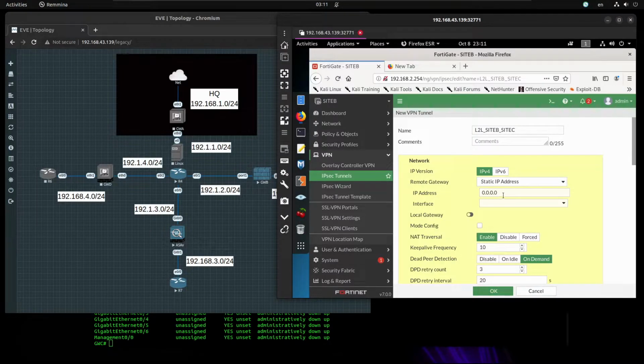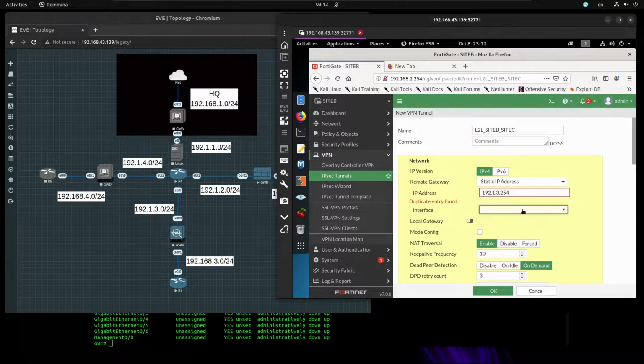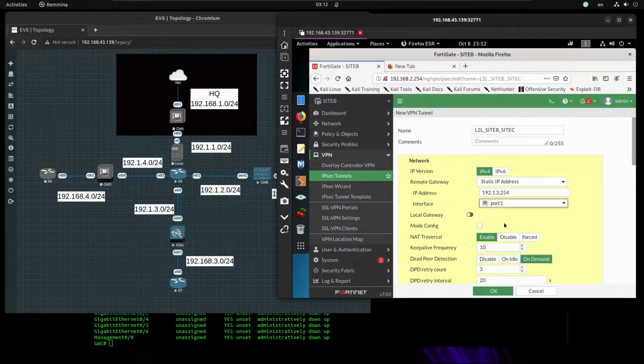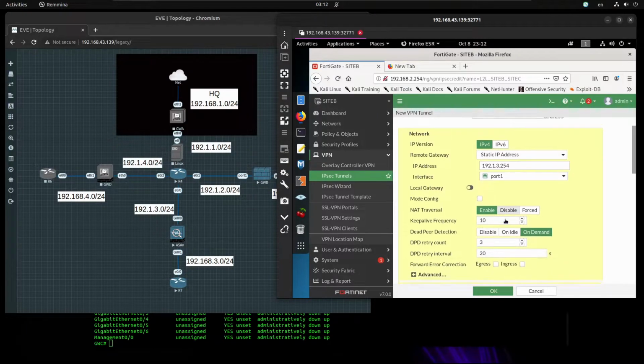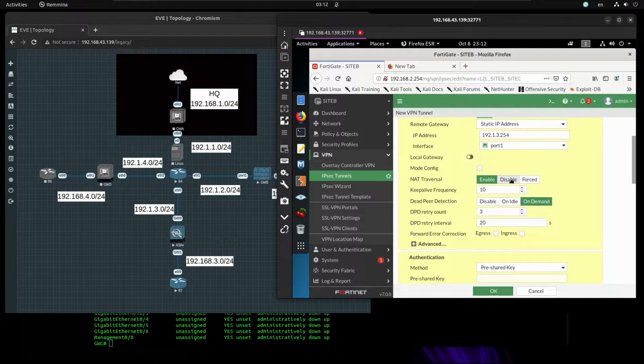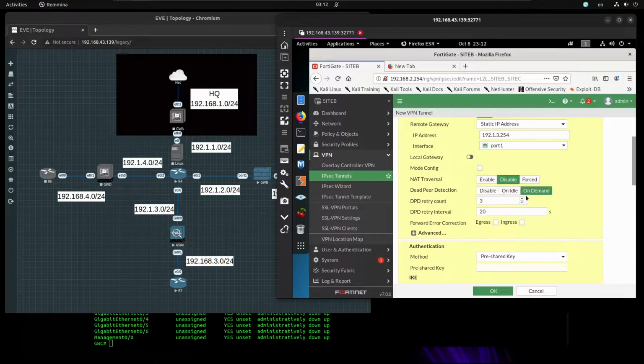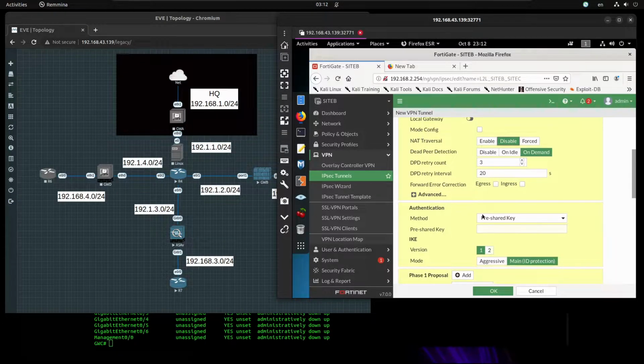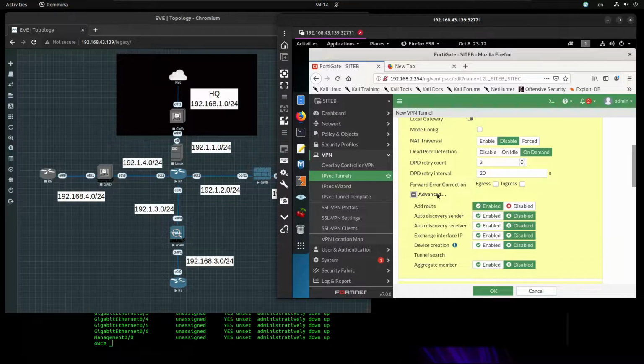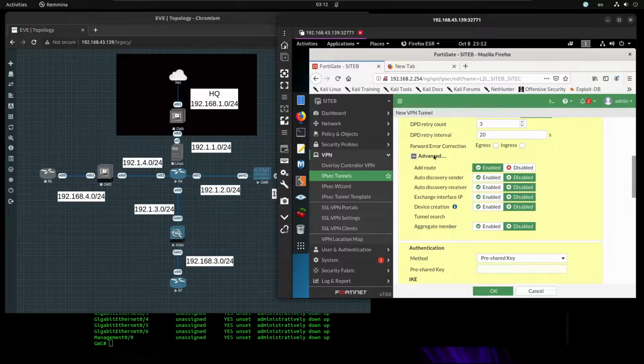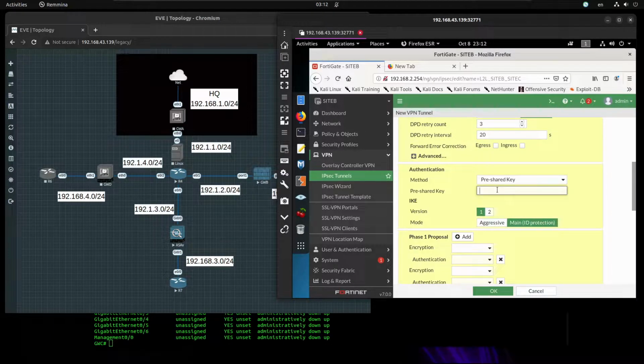And so now we're going to type gateway 3 external IP address, and that's 192.132.54, and it's reachable via port 1 interface. NAT traversal we want to disable, and dead peer detection on demand. So let's see what else we have here. Going to leave default. Pre-shared key is going to be CCIE 65745,